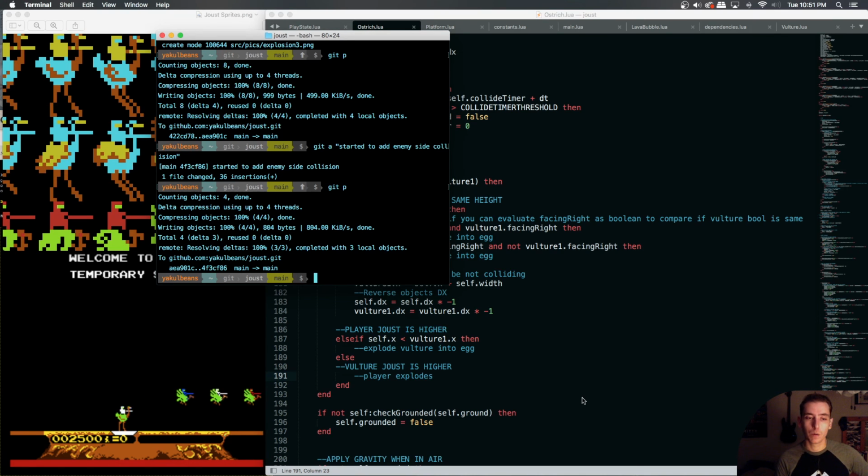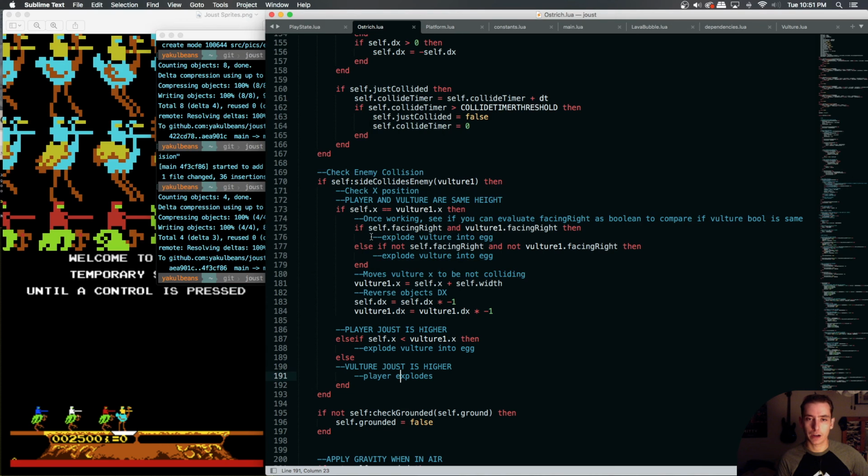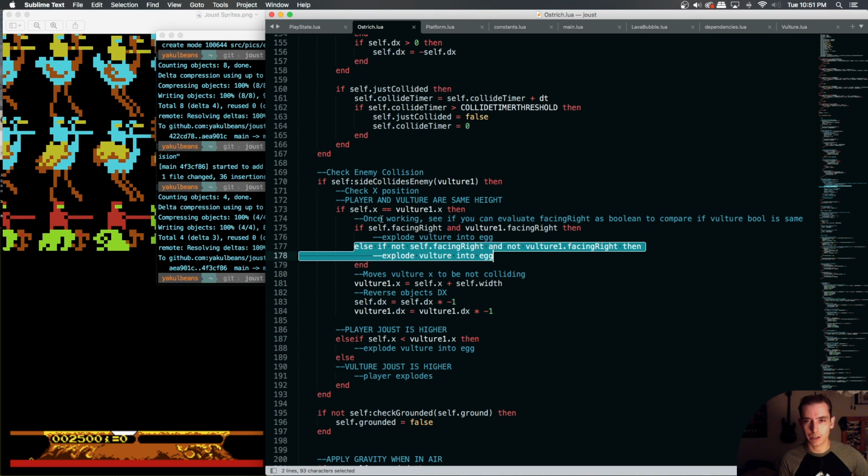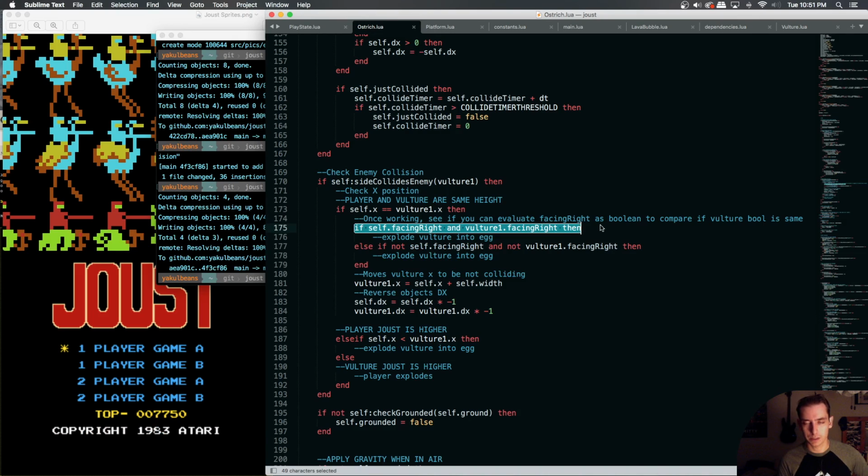Tomorrow, we're going to work on actually filling in the logic for the bones we outlined for ourselves here. So far, we only have: if they collide and they're equal in x, swap their dx, as long as they're not facing the same direction and they collide with the same x. Because if that's the case, we want